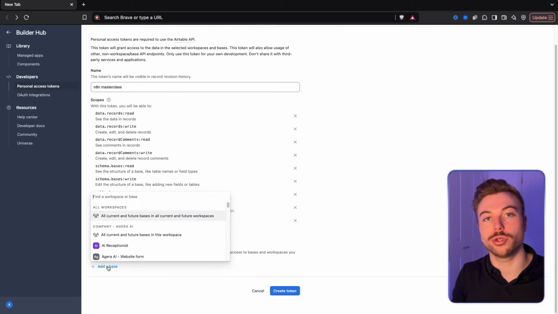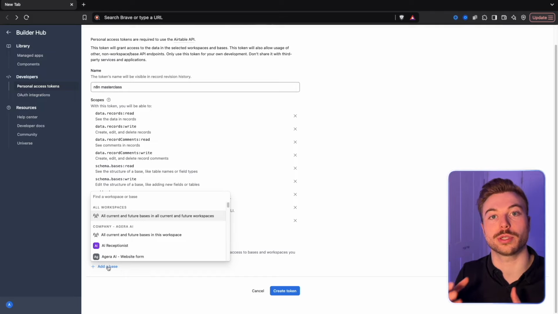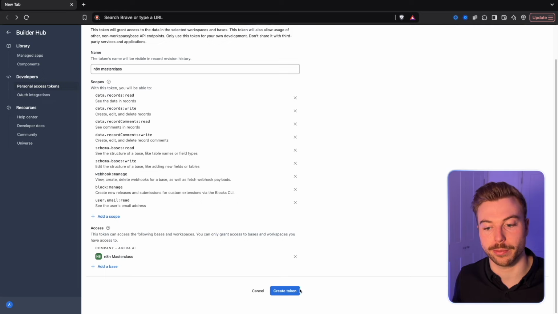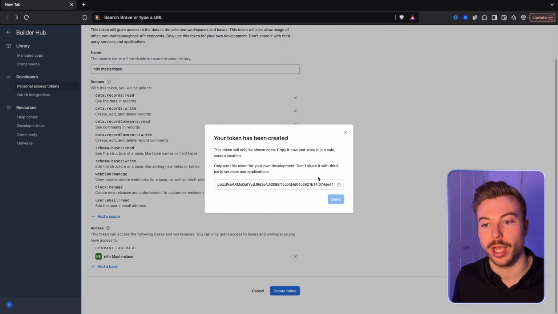Now, if you're using lots of different bases, what I really recommend is you add them all in here for this one application versus having one credential for each of the different bases that you're working with, because we can go through and specify the base a bit later on. So there we go, I've just specified n8n master class as the one we're working with,